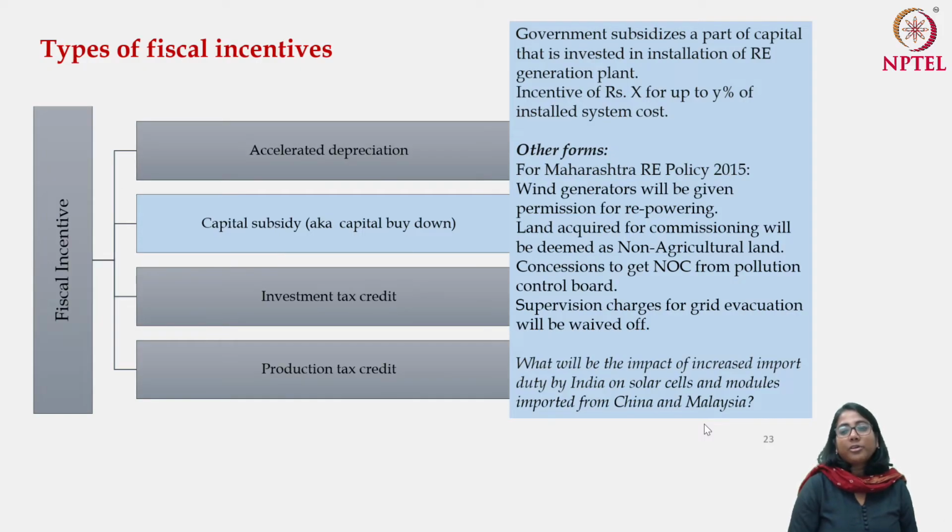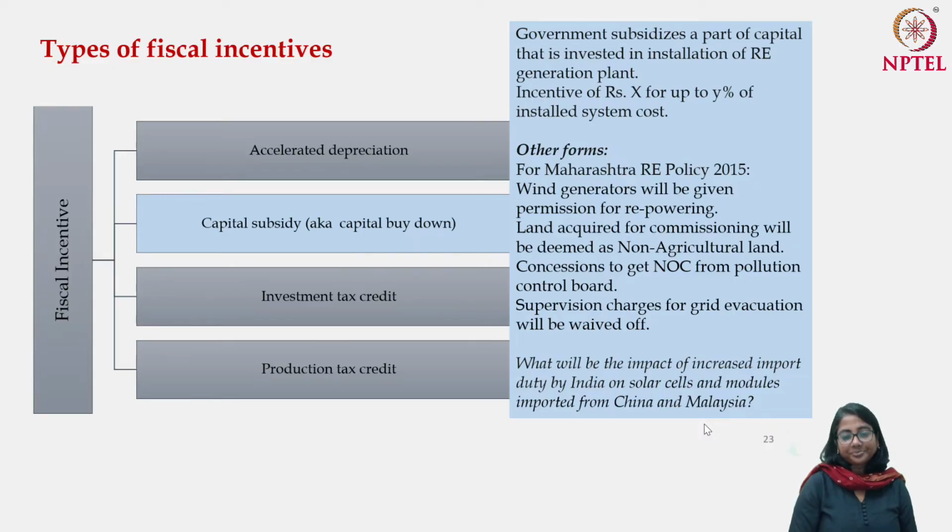The land acquired for commissioning will be deemed as non-agricultural land, which is much easier to procure. Concessions will be given to get the no objection certificates from the Pollution Control Board and so on. So what I'm trying to say is that fiscal incentive is one form of easing the process, but there are other forms as well. And many a times you see that there are multiple instruments working together in order to promote the renewable energy